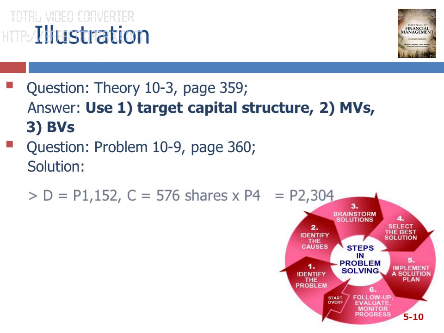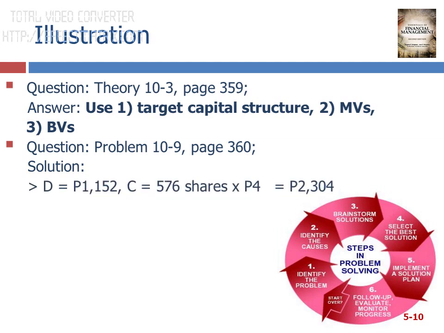Okay, so this is our solution. First, for the D, we use the 1152. Why? Because it is stated that the firm's long-term debt sells for par value, meaning the par value is the same as the bond price. Question, if it is not written here, do we automatically use the book value, which is 1152? The answer is no. If there are indications that you can compute for the market value of bonds, probably you're given the interest rate and you're given the principal or the amount and the coupon payments, you can compute for the value of bond, valuation of bonds.